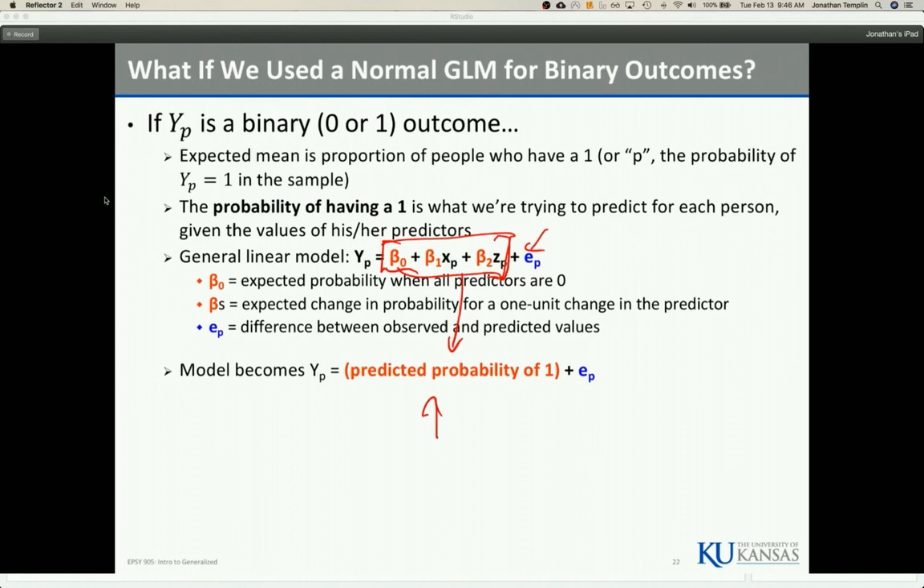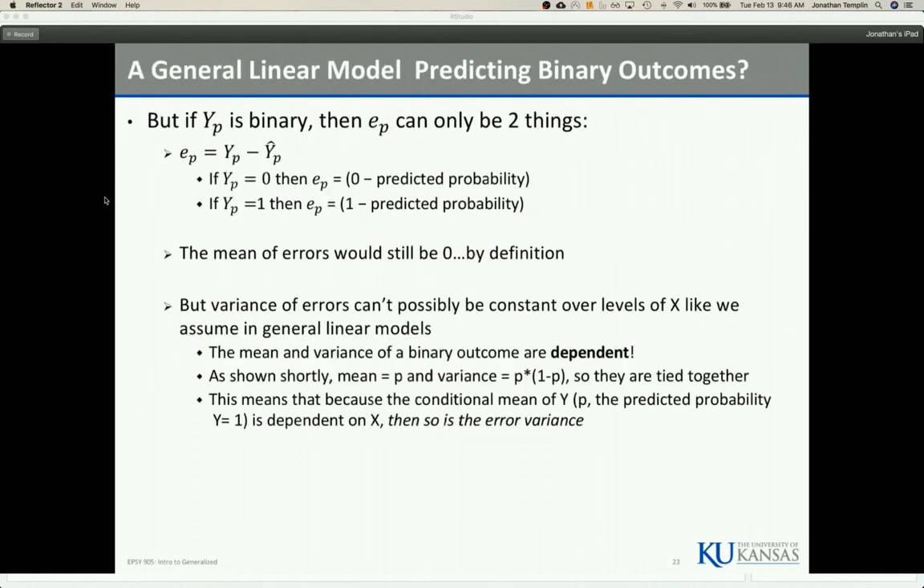Right? The error still happens to be there. But remember, Y is binary. So once we make a prediction, error itself can only be 2 numbers. It could either be a 0 minus the predicted probability, or a 1 minus the predicted probability, right? So if the person was unlikely to apply to grad school, then error would be the top one, and if they were somewhat or very likely to apply, it'd be the bottom one. The mean of the errors, though, would still have to be 0 by definition. And so what's going to end up happening is we would find that the variance of errors couldn't possibly